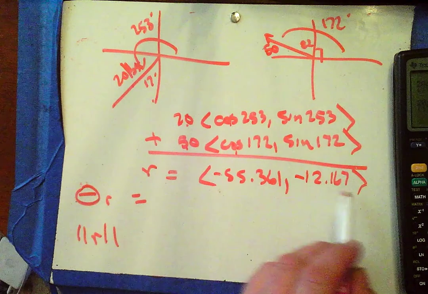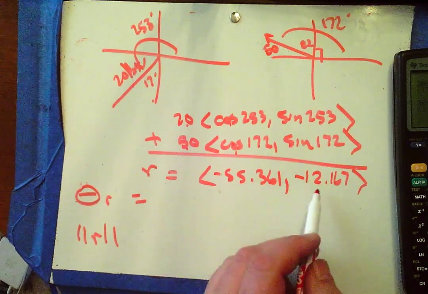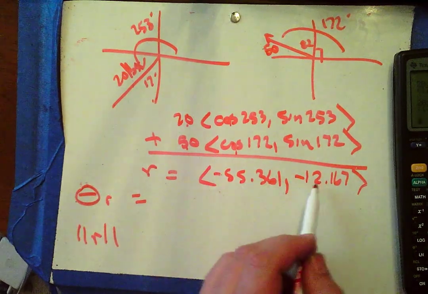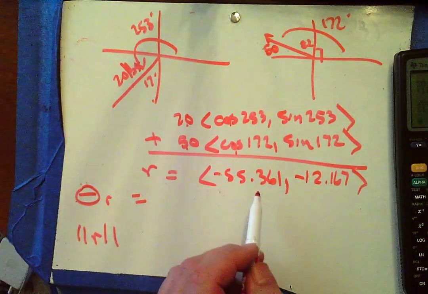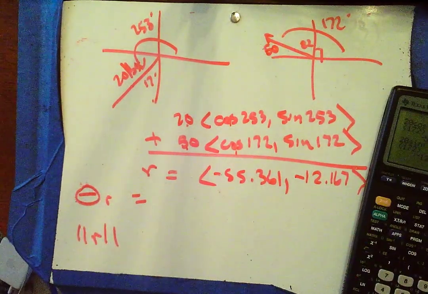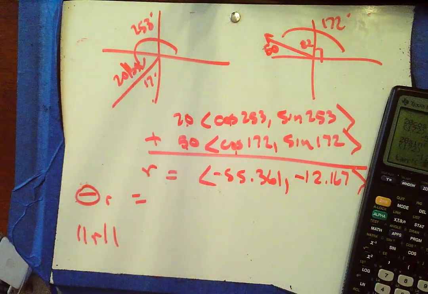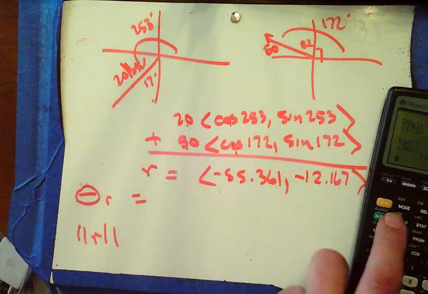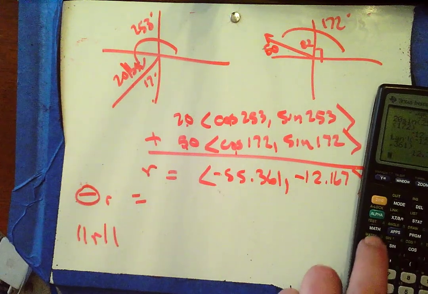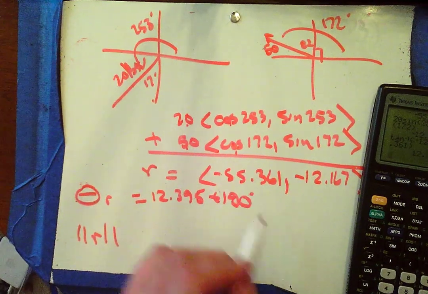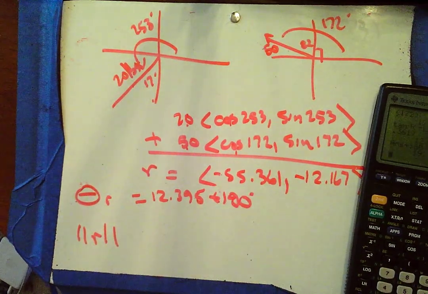Okay, if I do the inverse tangent here, again, if I get a positive number, I know I got a problem because these are both negative, which means my resultant vector is in third quadrant. So this theta had better be a third quadrant angle. If I do inverse tangent of negative 12.167 divided by negative 55.361, I end up with 12.395. No, it's not 12.395. I have to add 180 degrees to that. Plus 180 gives me